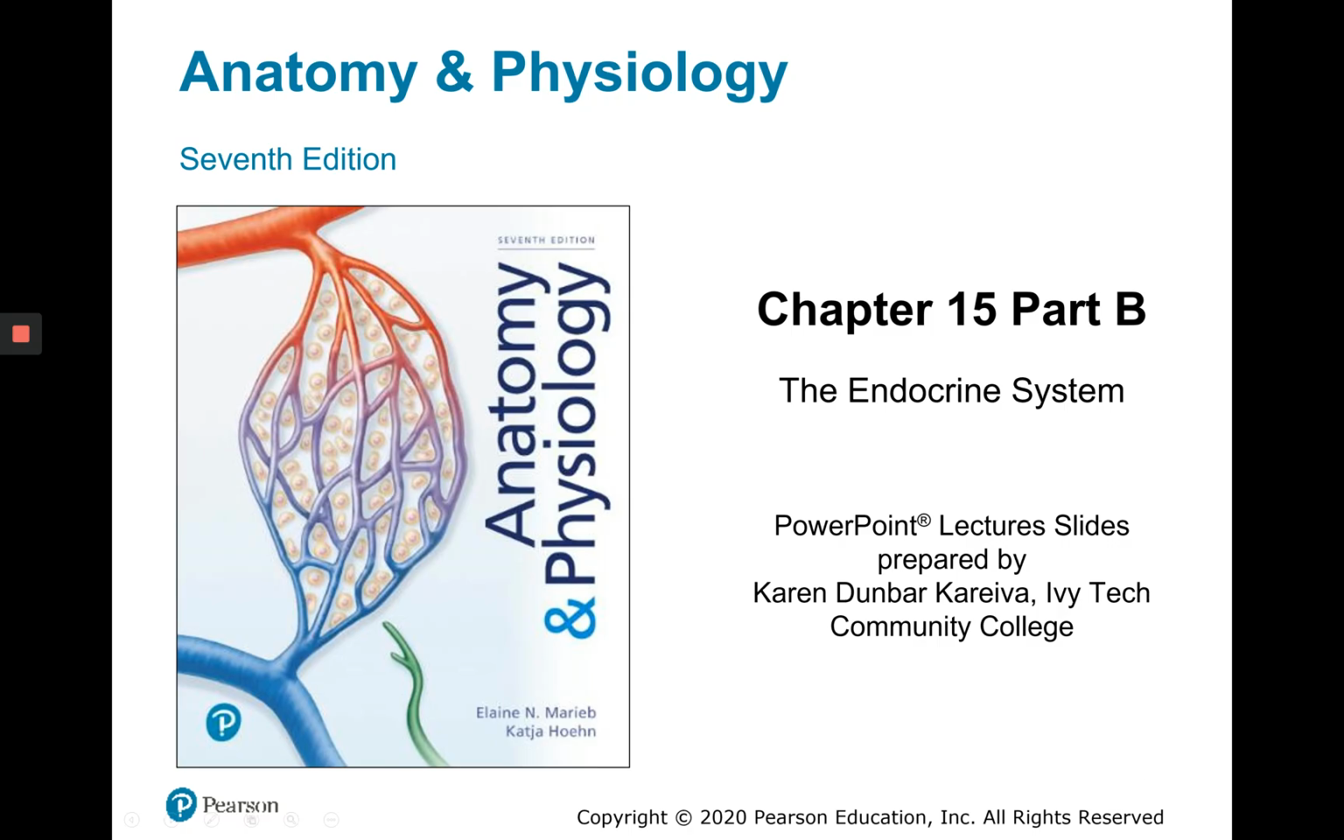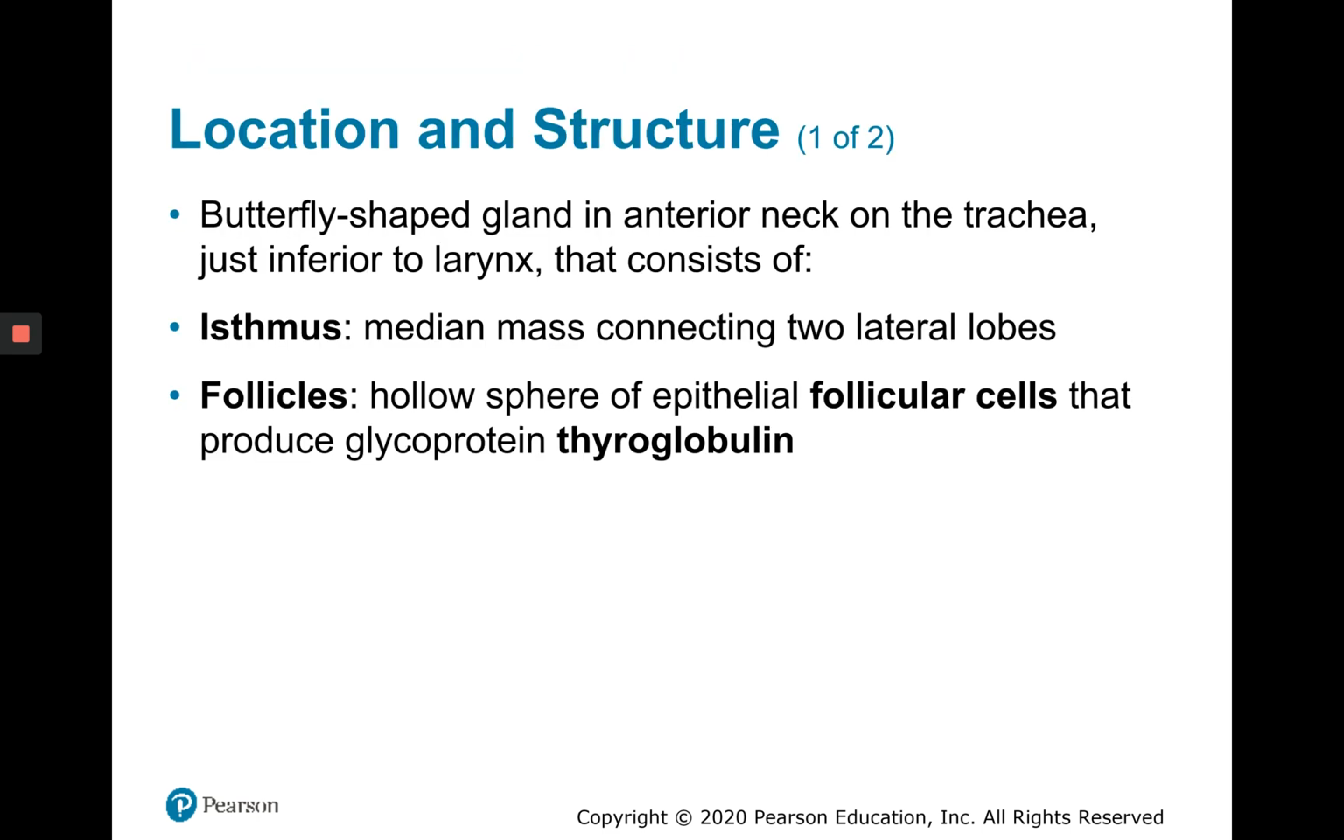All right, today we're going to look at Chapter 15, Part B, and we'll start with the thyroid gland. The thyroid gland is definitely butterfly-shaped. It has two lobes, and those lobes are connected by a median mass, or a piece of tissue, called the isthmus. If we were to look closer at the thyroid gland, we would see that it has follicular cells, and